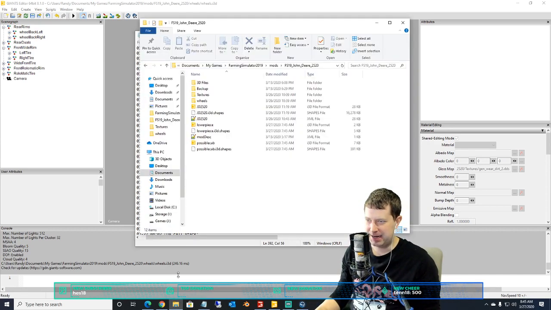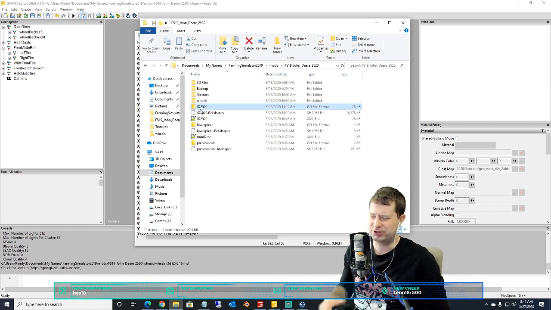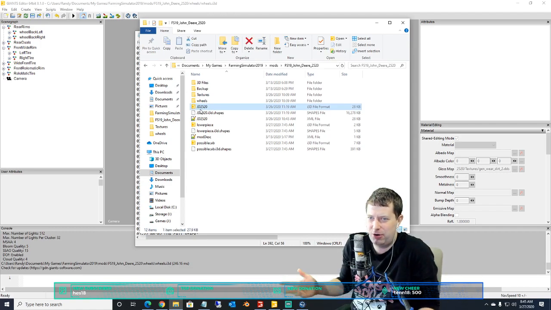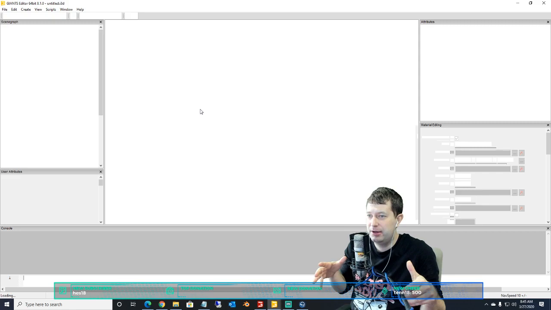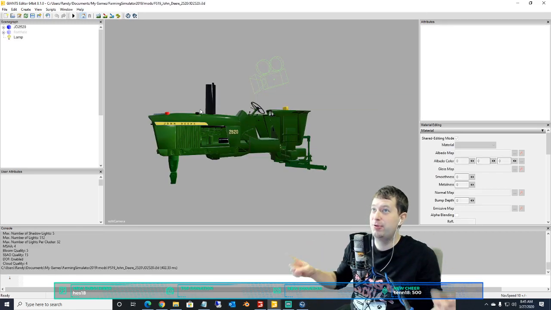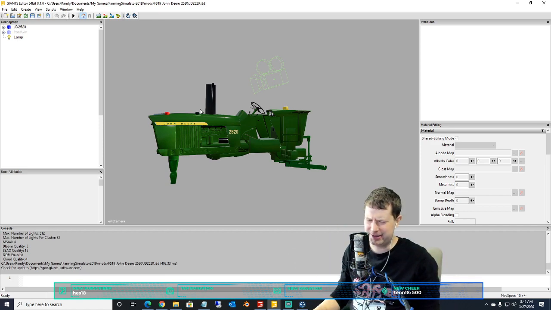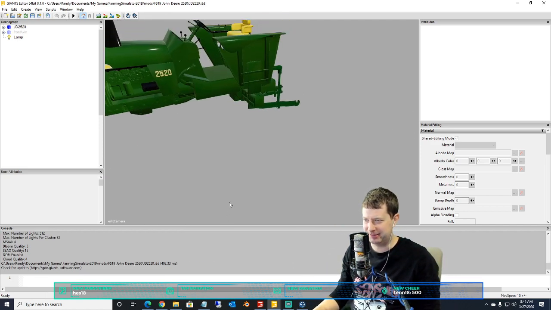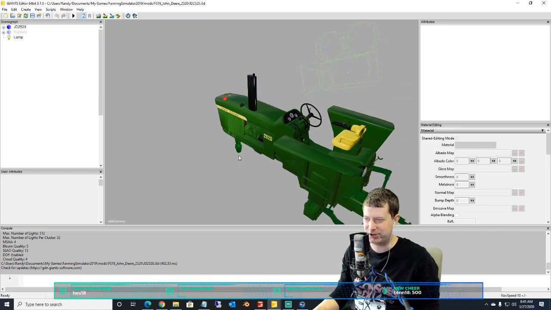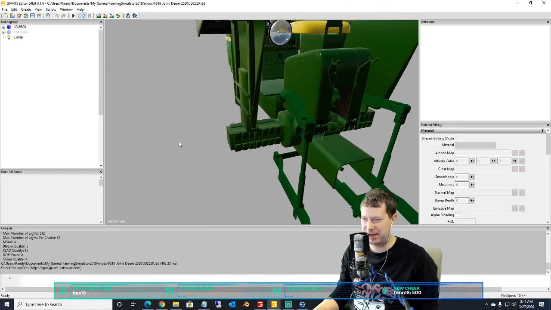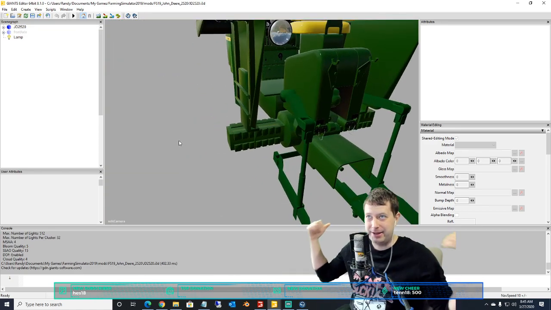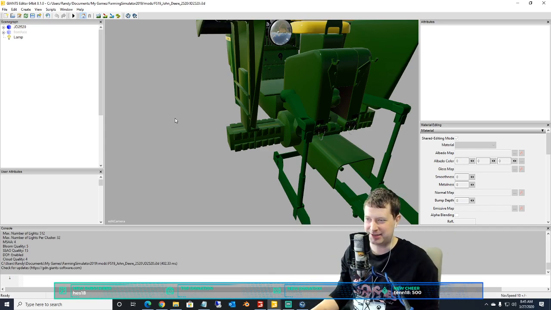I opened up the main i3D because I assumed it was coming from here, which didn't make any sense to me. Because the only thing that is in here is just two transform locations that tell the game where to put the rear wheels. So I'm like, well, that's kind of weird. I don't know why that would cause a problem. That's how I've done every other model I've done pretty much. Throw a transform in there, tell the game, okay, that's where the rear wheels go. They get loaded externally from another XML, right? So,